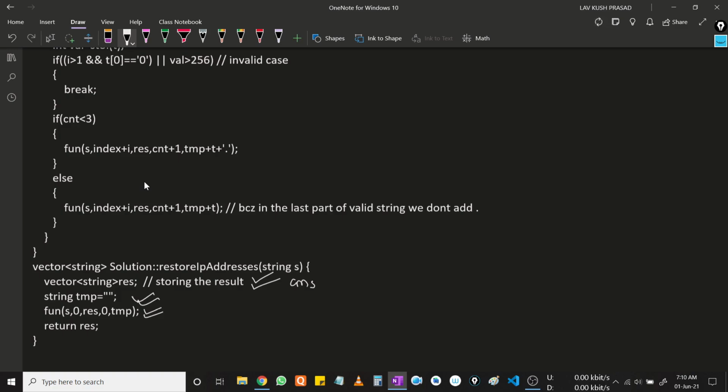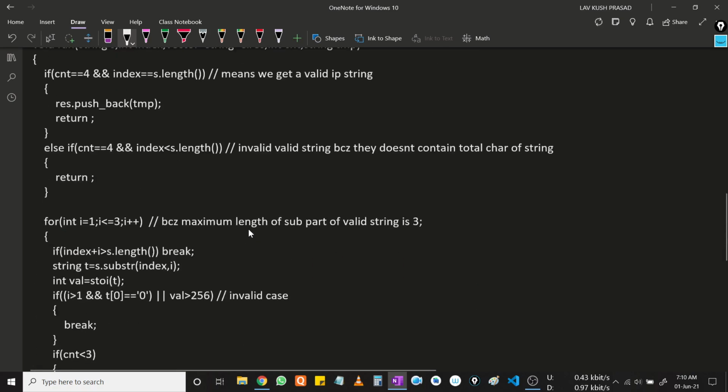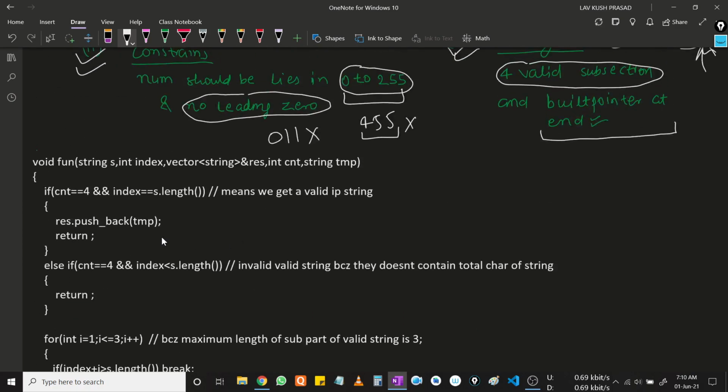Let's discuss what our function does. In this function we pass the string and also an index, because initially the index will be 0, and this is the string which stores the result, and this one is count, because every time we will count how many substrings have been included, and if count is equal to 4, we say that